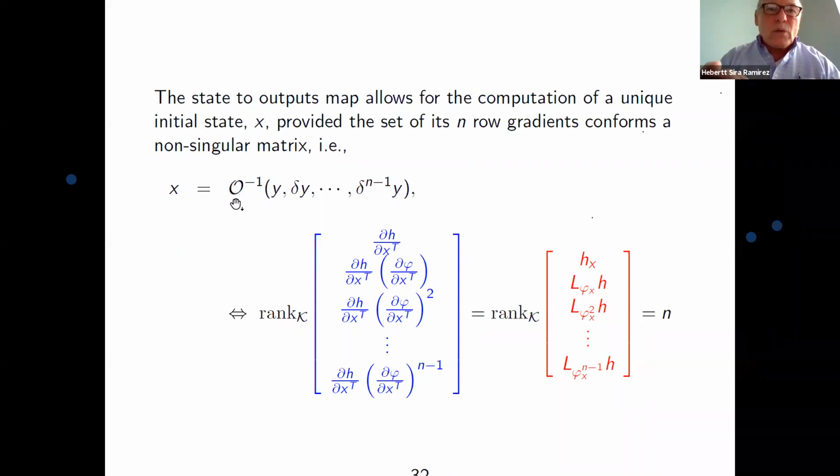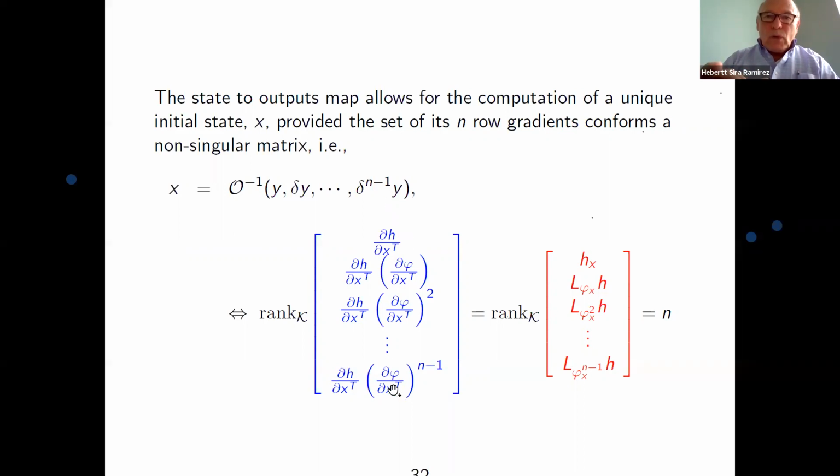Of course, we don't expect this to be invertible globally, but probably locally. And we have agreed that we're looking at a sufficiently large open set of state space where all these operations will have some meaning and will produce some results. And therefore, the condition is simply that the rank of those gradients, which now imply compositions of H with the matrix partial of phi with respect to X transpose, those compositions turn out to be this product of row vectors times matrices, and the result is that each row vector appears in this matrix. And if the rank of this is full, that means that the original map is invertible. And therefore, if this rank is generically n, then we will have observability, and we will be able to uniquely solve, at least in a local manner, for the initial state given the sequence of